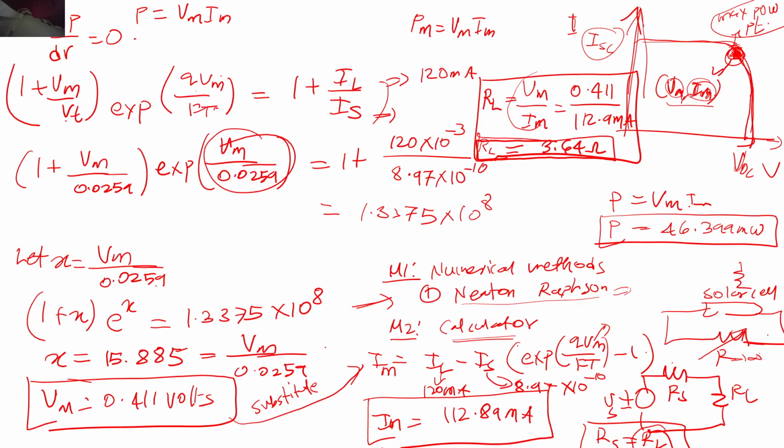Yeah, the homework I was telling you about was the Newton-Raphson method. See, I have an equation, 1 plus x into e to the power x. You cannot solve this equation by hand, right? It's difficult. It's not a quadratic or linear equation. So I was just telling that there are two ways. You can directly use the calculator, but if this type of problem comes in the exam, or if the calculator is not allowed, then you have to use some numerical method like Newton-Raphson to solve this equation by hand. There are multiple iterations, so maybe after the third or fourth iteration, you will get the answer.